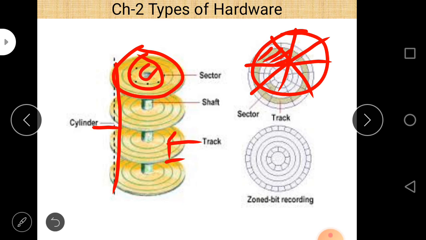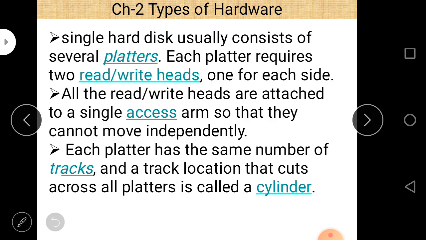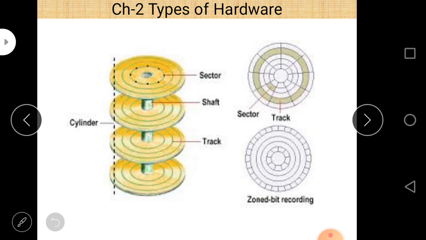There are 4 platters, and they may vary from hard disk to hard disk. And a cylinder: when concentric circles or tracks of each disk are joined, they make a cylinder. There is an access arm, and a read-write head for each platter,